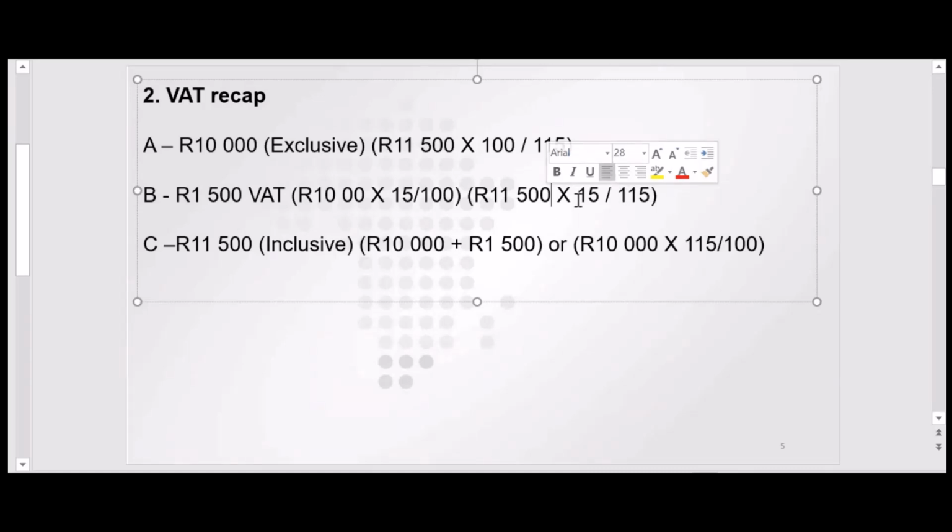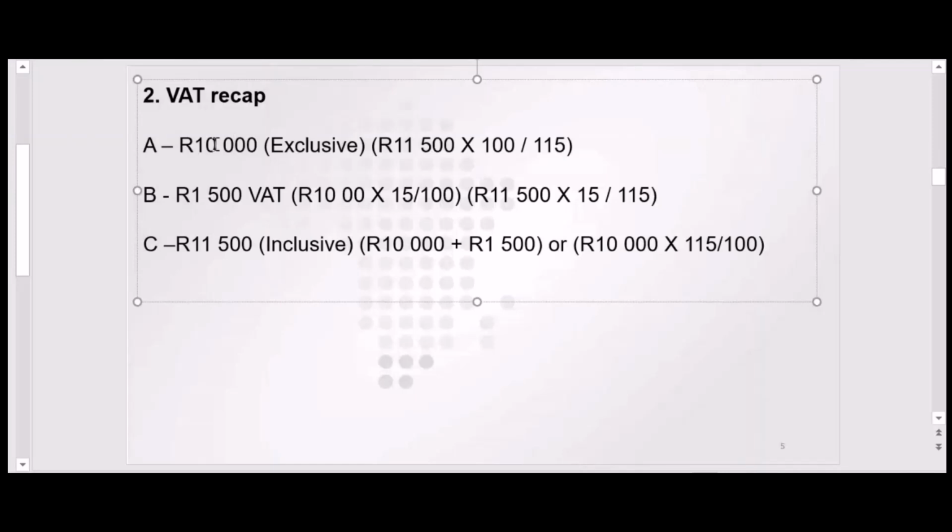Then the one you are looking for is the 15%, which is the VAT. That's why you are multiplying by 15 in that regard. You can even calculate the VAT inclusive amount when you only have 10,000. Instead of adding the 10,000 and the 1,500, you can still use the same logic to say the 10,000,